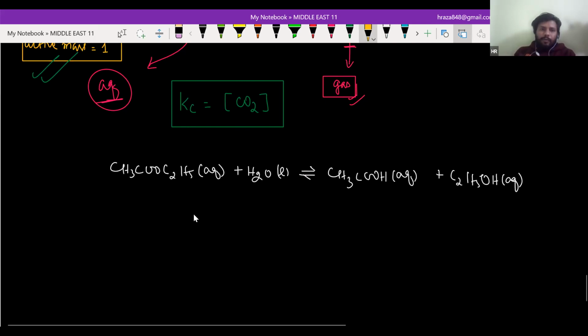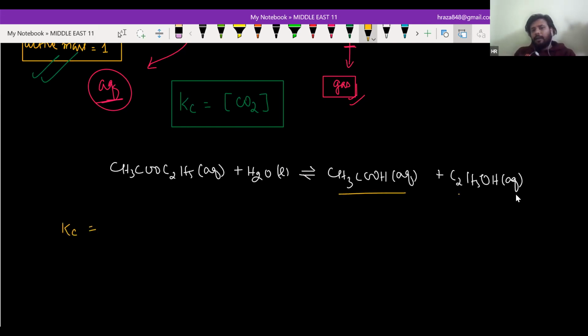And if you are going to write Kc, first write the product side. You will see the physical state, the phase, first. If it is liquid or solid, just leave it, don't write it. And if it is aqueous or gaseous state, you have to write it. So it is in aqueous state, so I am going to write CH3COOH into C2H5OH